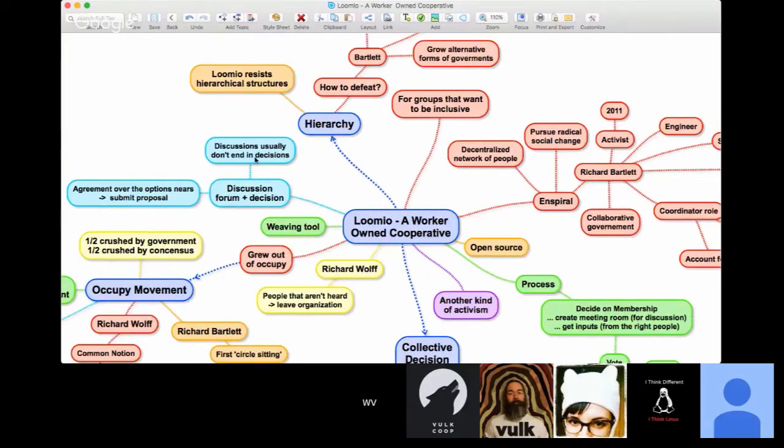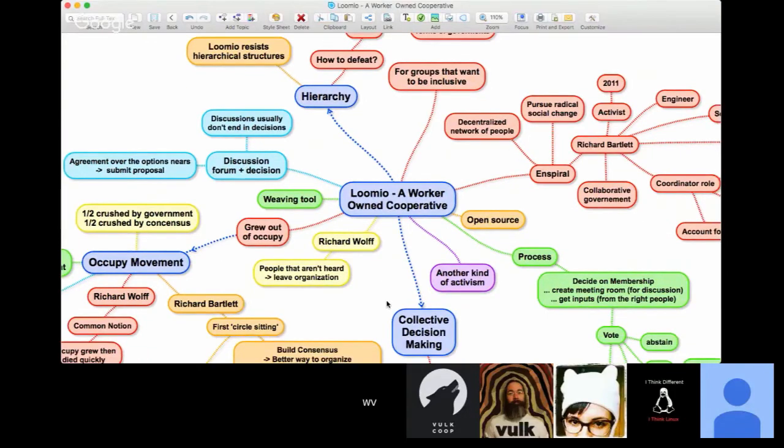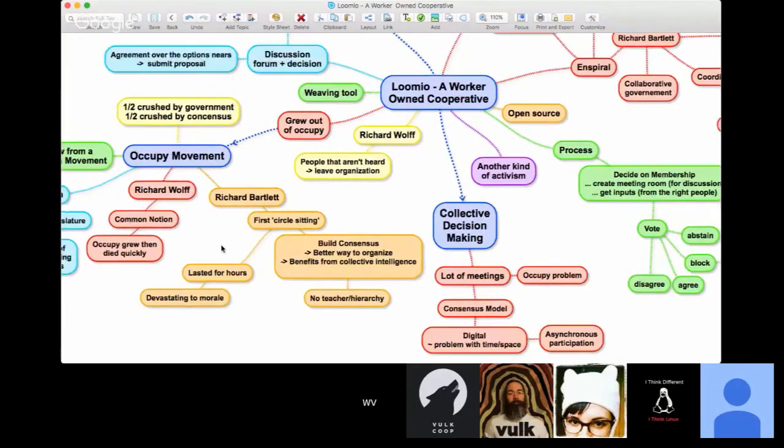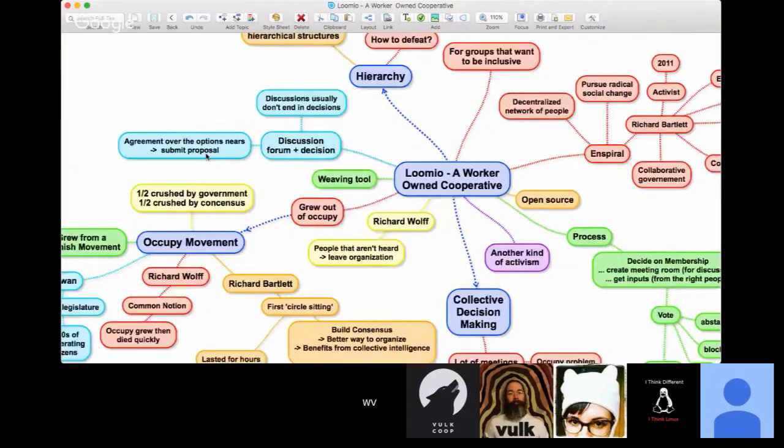Yeah, and just a little bit of recap. When he was talking about how normally people with no Lumio will have discussions, and this is part of the circle sitting, they'll have discussions and never come to a decision. So Lumio kind of forces you to come to a decision. So of course you get away from this lasting-for-hours thing. And so in Lumio, you get to the point where you submit the proposal